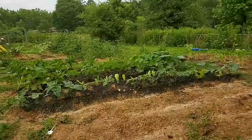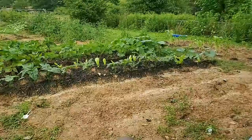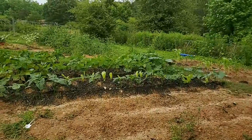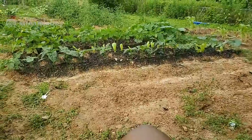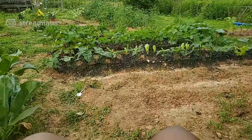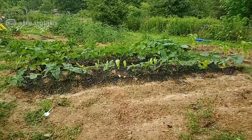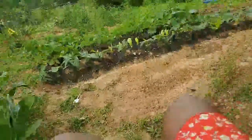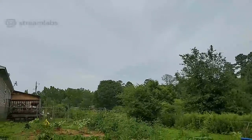So yeah, we can use the manure from our animals. So if I can grow my own food and raise my own animals, then I will know where my food comes from. And in this world of big agriculture,